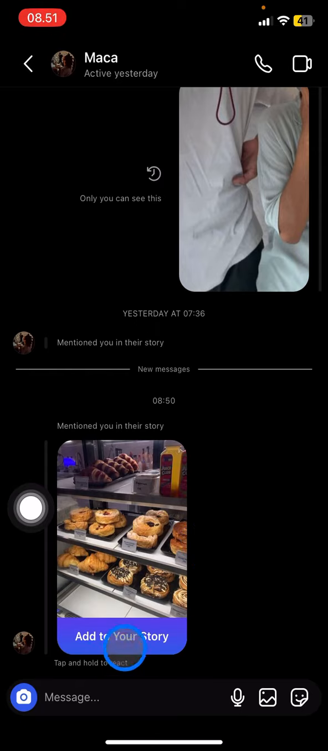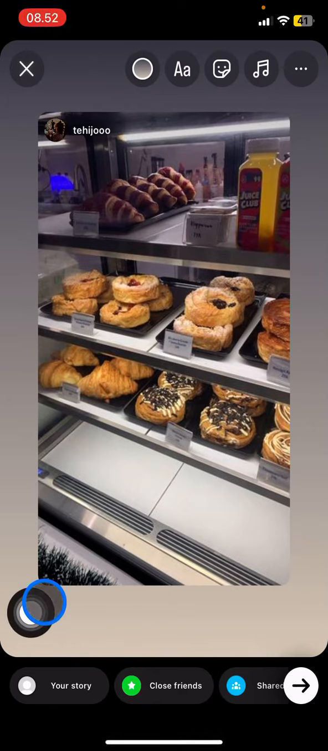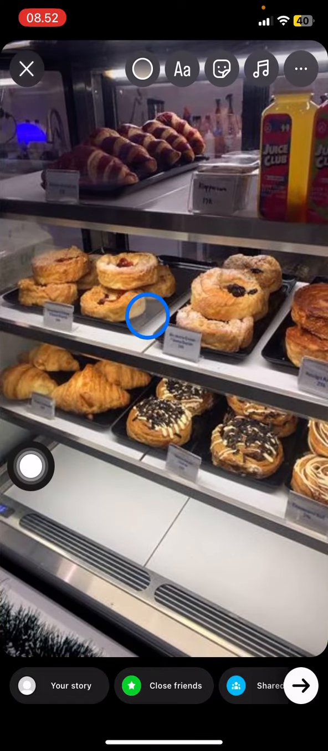And now you just need to click this add to your story, and you can adjust the size. If you want to make this story fill all of the screen on your phone, you just need to simply click the picture. And whenever you're done, you can also add in some information on it by clicking this